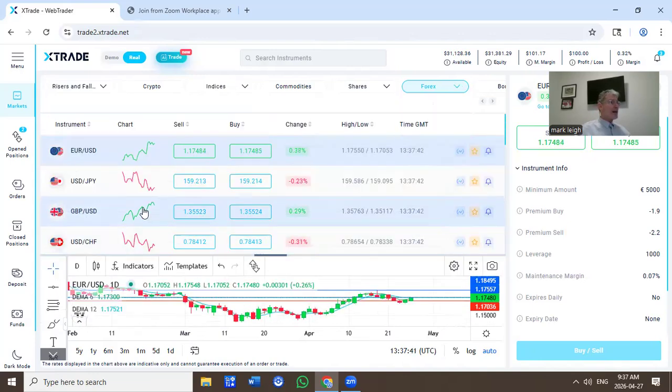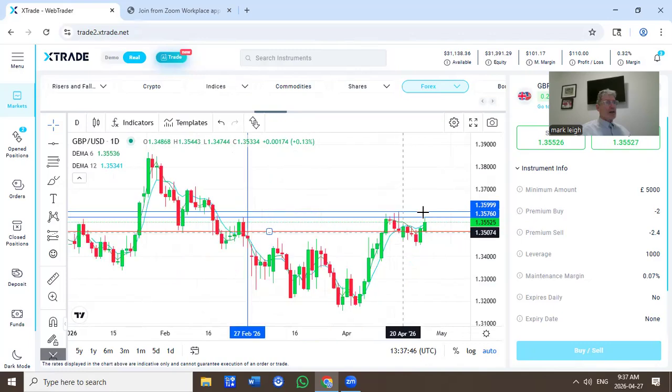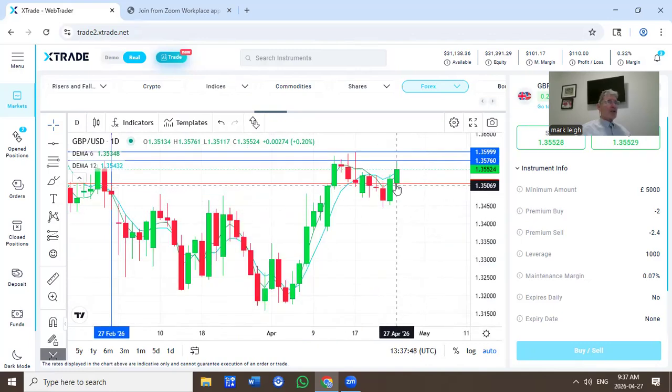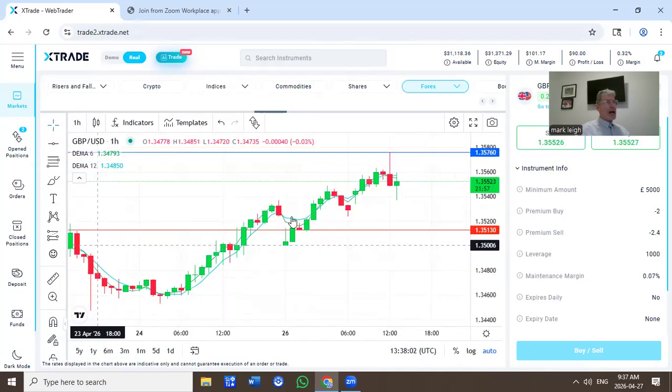Let's have a look at the pound against the US. And there you see green candlestick, buying pound, selling US dollar, weak US dollar as well. But US dollar definitely fighting back. You can see the wick at the top of this body. If I zoom in on that to the hourly, there you see the turnaround, bearish engulfing candle, and sellers looking to push down,